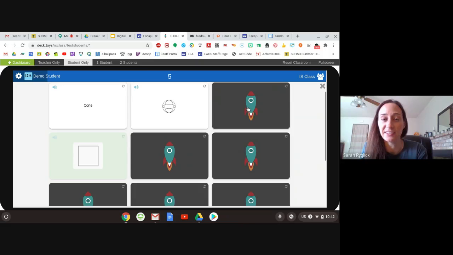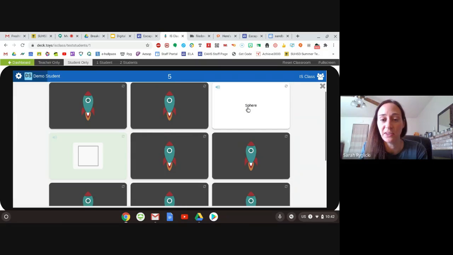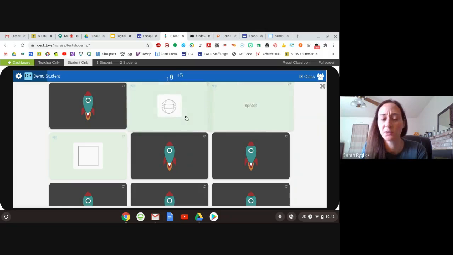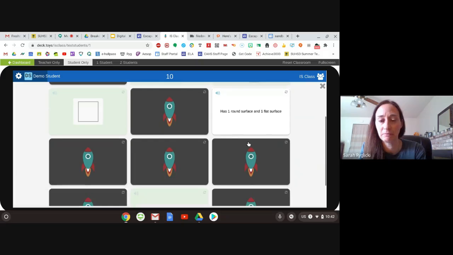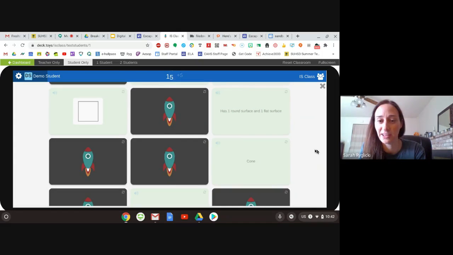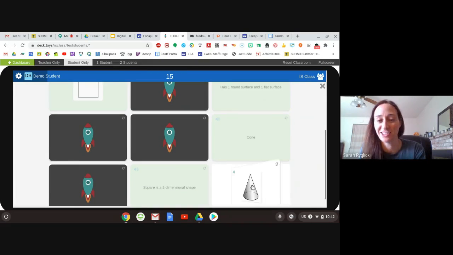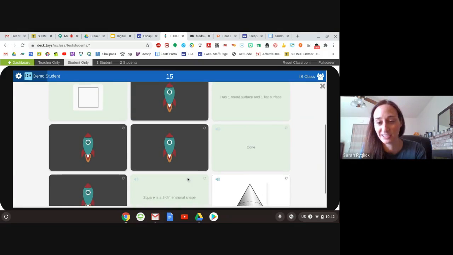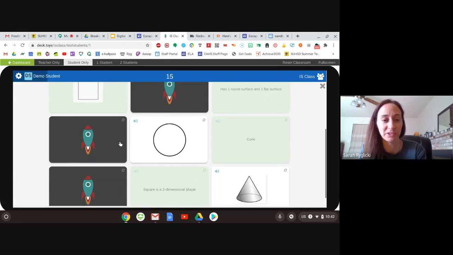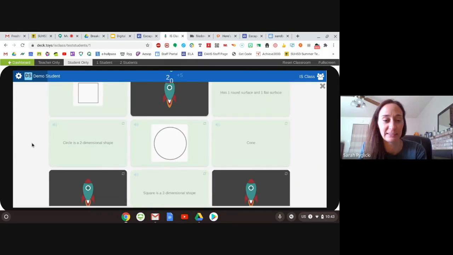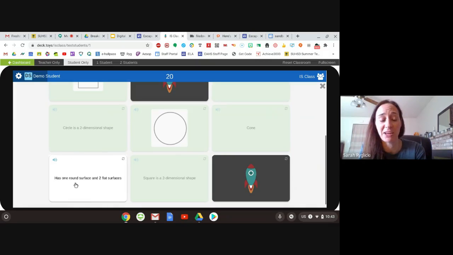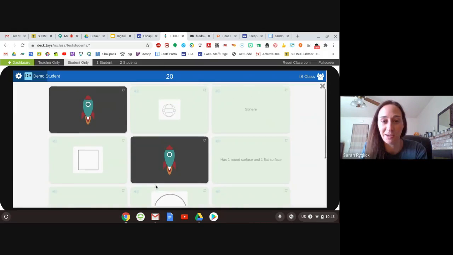All right, got a little cylinder. The sphere. Is that a sphere? Yes. Okay, got another one. And then has one round surface and one flat surface. Cone. Oh, that was just clicked on it. All right, that's a cone too, right? I think I might have two cones in here. Oh, that's a circle. A circle. Oh, all right. I guess I'm just deciding my think aloud's going to be us working together here. So it has one round surface and two flat surfaces. Up top,